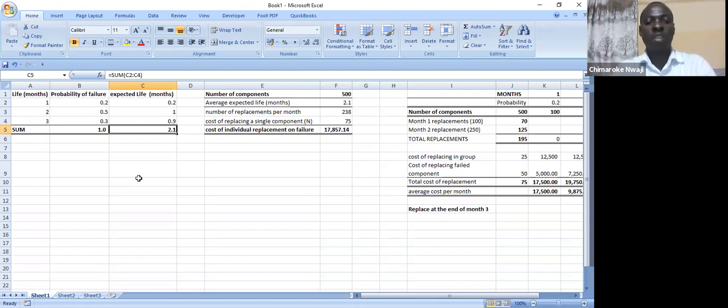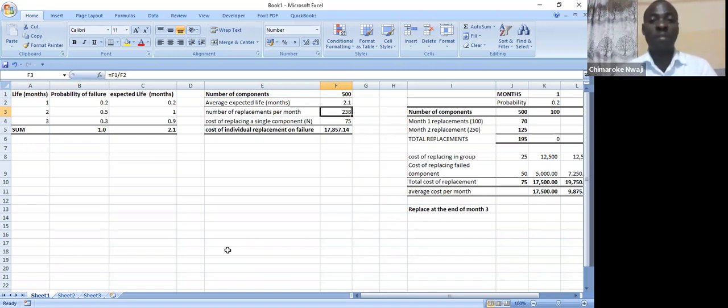Now, let's go to the next slide. The number of identical components, we are told, is 500. The average expected life is 2.1. That means, what is the number of replacements? If you are to replace the whole 500 and they have an average expected life of 2.1, it means you are going to have 500 divided by 2.1, approximately